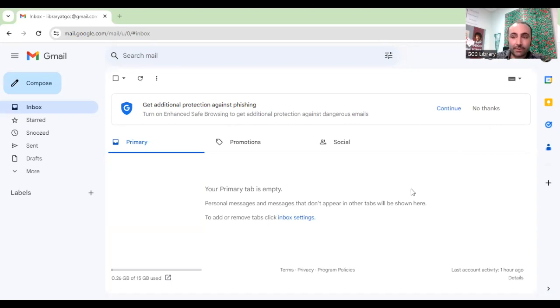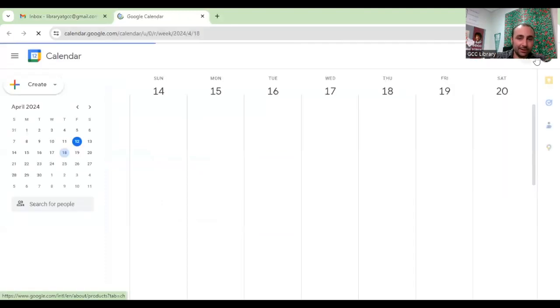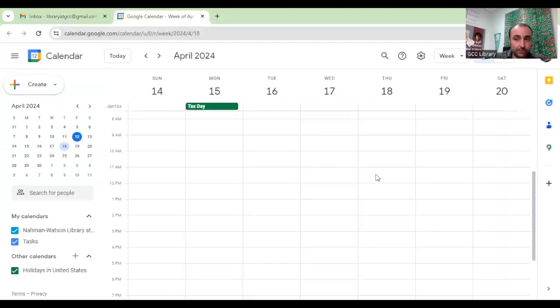So when you're in your email, you can find Google Calendar just by clicking this calendar icon on the right side, and that'll pull up the view of a single day in this small pane on the right side, and you can just look at any individual day. To view the full calendar, you can use this icon here to expand in a new tab, and that's going to show you the week coming up by default.